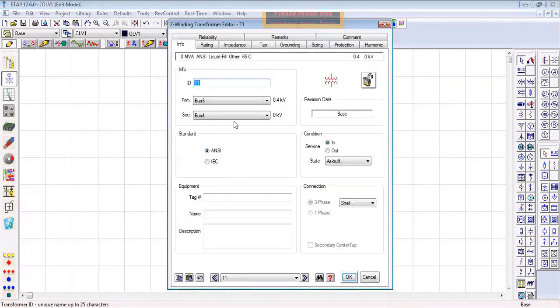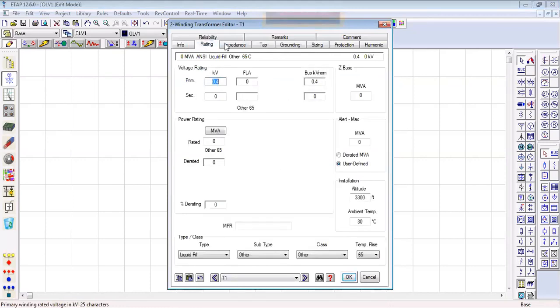Just double click on the transformer, go to the ratings, and here the primary is 0.4 because we have assigned the 0.4 to the generator, so that will act as the primary.